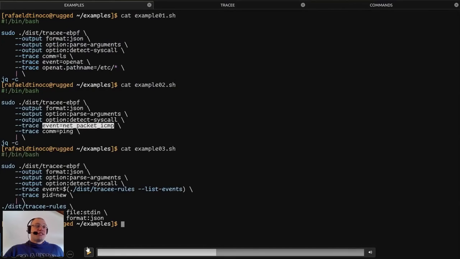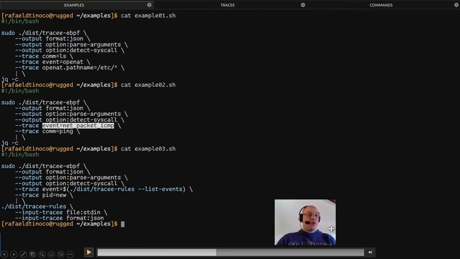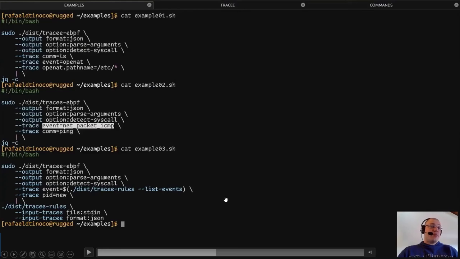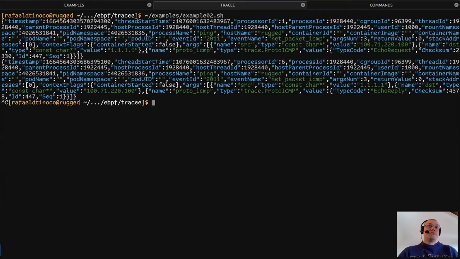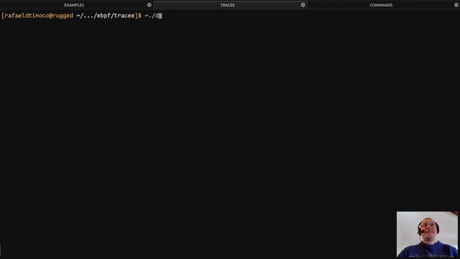Now the third example is a little bit more complex, as we're basically piping the output from the introspection tool to the input of the detection mechanism. And we're asking for all the events that this detection mechanism needs for the default signatures in place. So executing the third example,